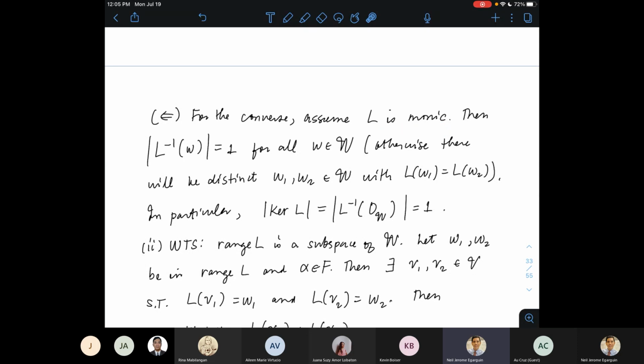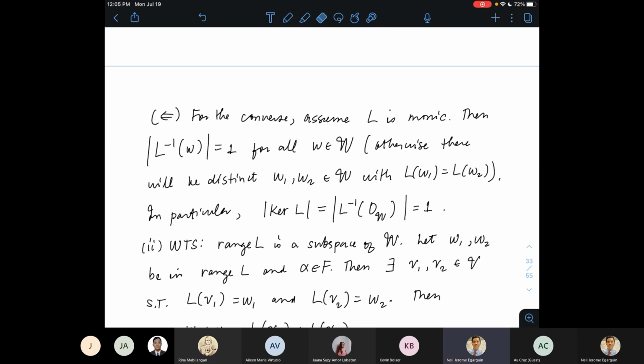So if it is monic, then that means that no two distinct elements of the domain is mapped to the same element of the range. Or kapag hindi equal yung dalawang element ng domain, therefore, hindi rin dapat equal yung kanilang function value. All right? So if W is an element of,